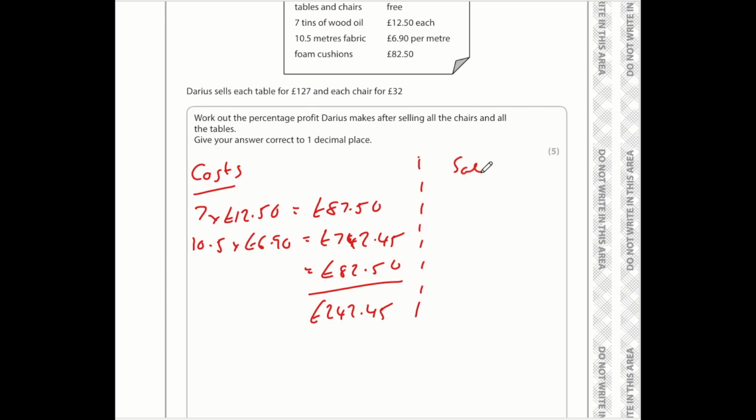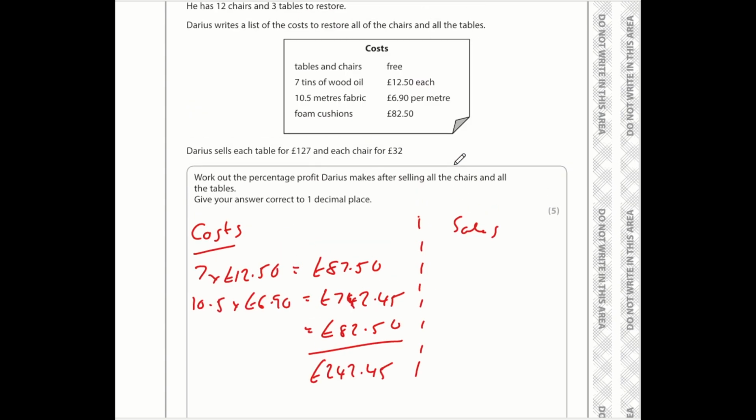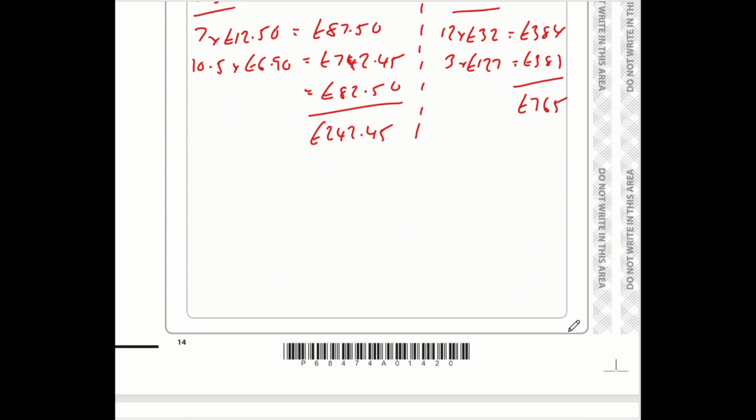Over here I'm going to do the sales. So how many tables was it? It was 3 tables and 12 chairs. So that's 12 times by 32, which is 384. And it's 3 lots of 127, which is 381. So the total sales is these 2 figures added together. That comes to 765. So the percentage profit is the percentage change from this figure here to this figure here,